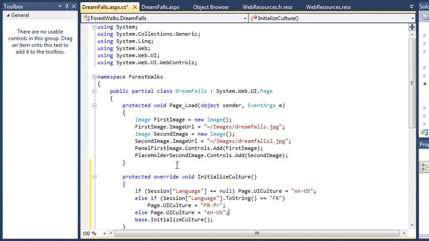The InitializeCulture method reads the Page.UICulture property and applies the correct language to a page. The InitializeCulture event occurs before the page load event. Setting the culture in the page load event handler would be too late for it to affect the page. In this example, you override the InitializeCulture method, replacing the original InitializeCulture method with a method that changes the